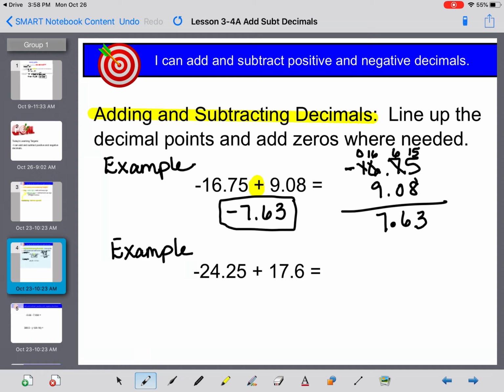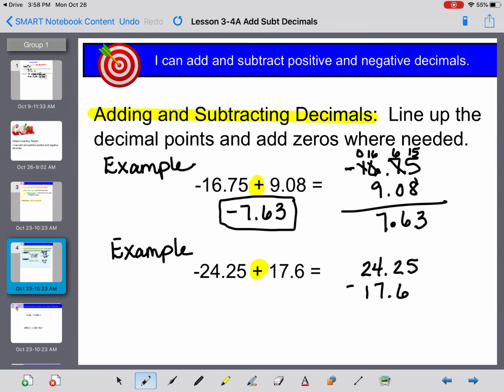In this example, negative 24 and 25/100 plus 17 and 6/10. Again, I notice I'm adding, and I have different signs of my numbers. So again, I subtract the two numbers and give the sign of the bigger absolute value. So I'm going to do a side problem over here where I stack them, placing the larger value on the